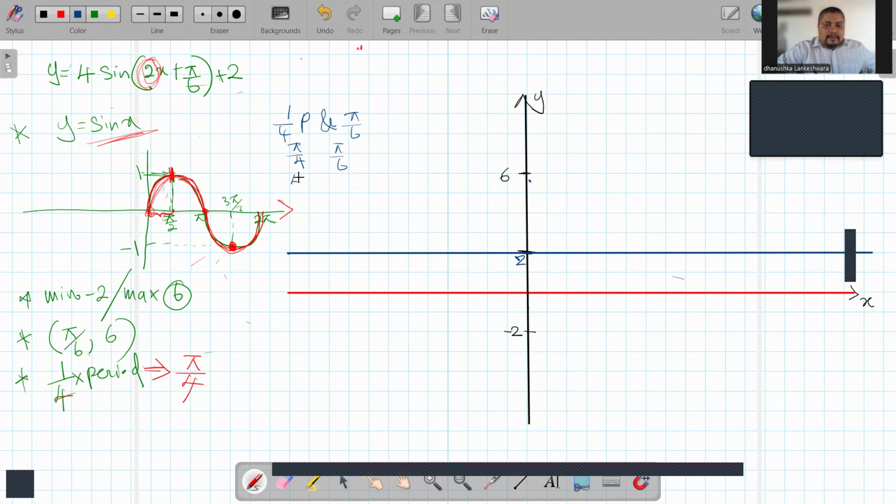Pi over 4 means 45 degrees. Pi over 6 means 30 degrees. Now, by considering these two, you're going to take the highest common factor of 45 and 30. You know it's basics, right? It is 15 degrees. So you can divide the x-axis in 15, 15, 15, 15, 15 likewise, right? So here,